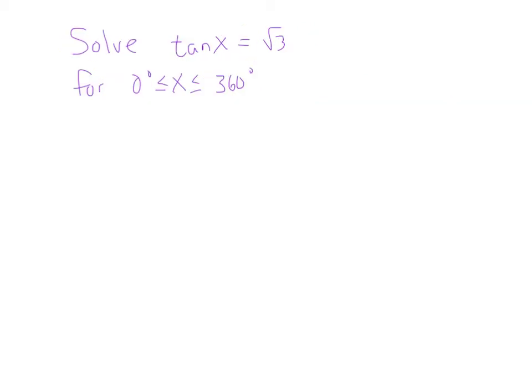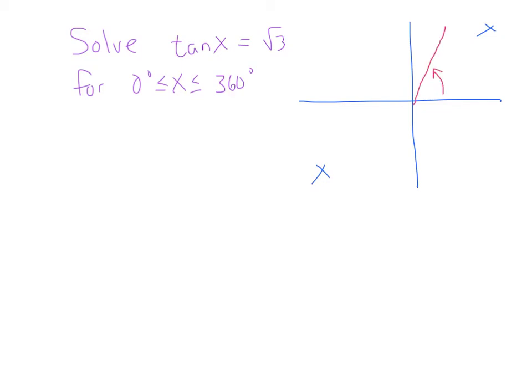Example 2, solve tangent x equals square root of 3 for 0 to 360 degrees. So this time we're thinking in degrees. Where is this going to be? So tangent is positive in the first quadrant and the third quadrant. And what we have to do is remember, okay, tangent is square root of 3. Where? Remember, sine over cosine. So we're looking at